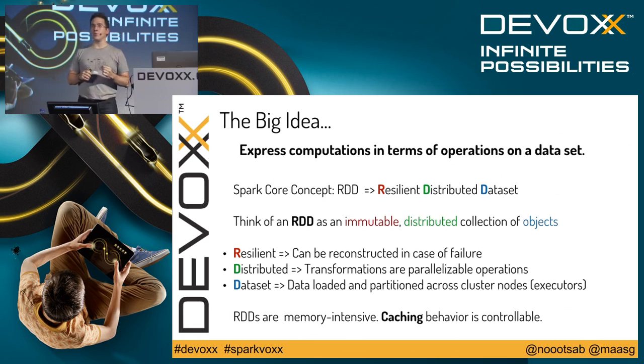Why is it resilient? We will see that in much more detail later on. This organization, the pipelining, will give us hints on what to do when something fails, and we can reconstruct it on the fly. Distributed, obviously, will be all this. The RDD will be put across executors in a cluster, and a data set is basically just data that is being transformed into objects and operated on. And as I mentioned at the beginning, the secret sauce, that is no secret for anybody, is that things run faster in memory. So RDDs are held in memory for as long as we can.